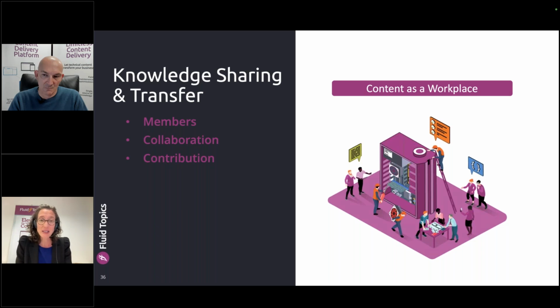At the very least, they should be able to provide feedback on the existing content and comments on how the product is really working in such and such situations. But ultimately, the goal would also be that they could contribute articles, photos, and videos of the live product in real life. That should live in the workplace. But ultimately, what's important for the company is that it also incorporates into the core knowledge of the company.